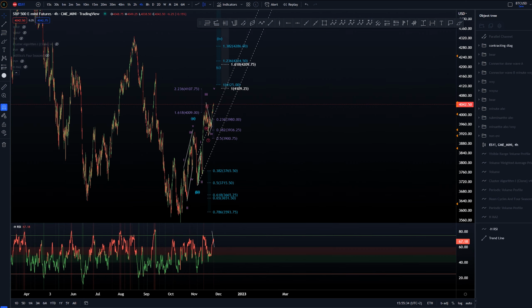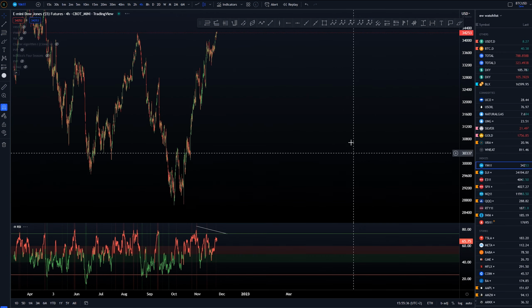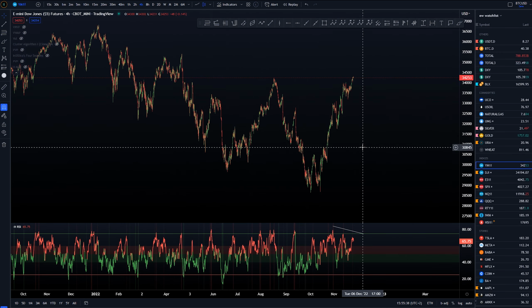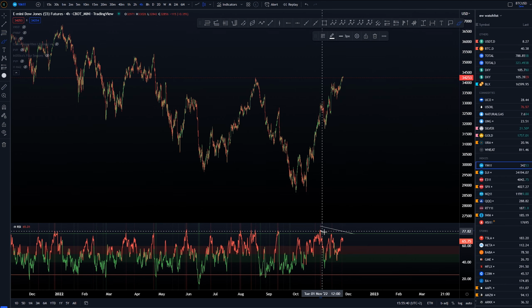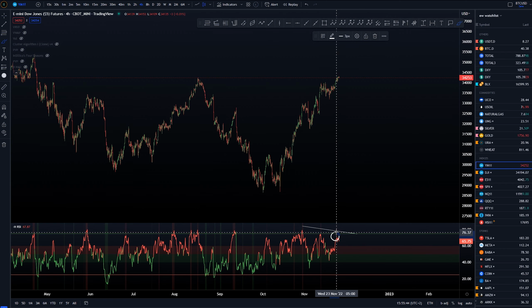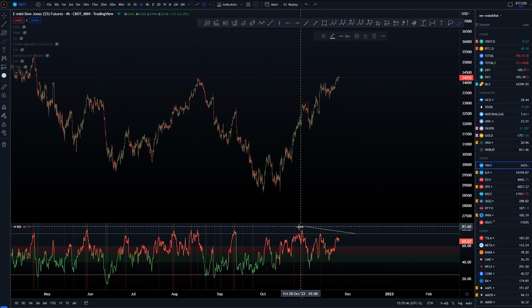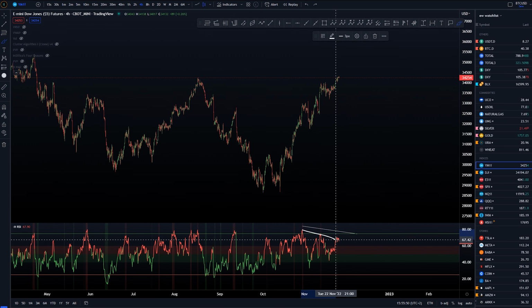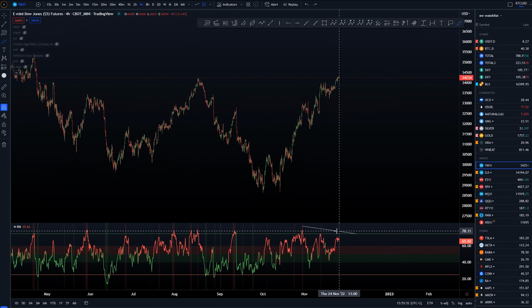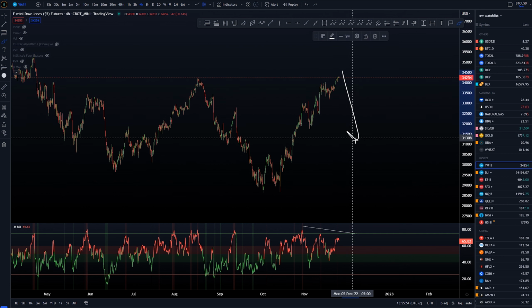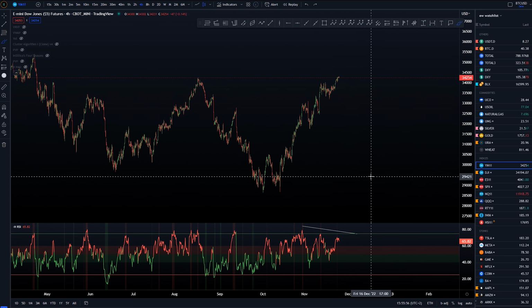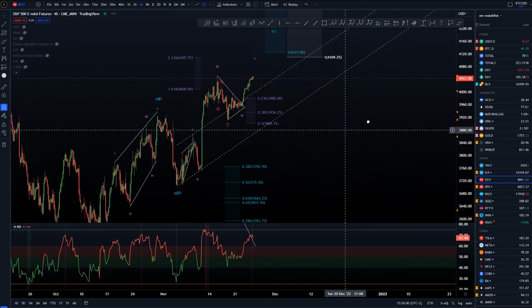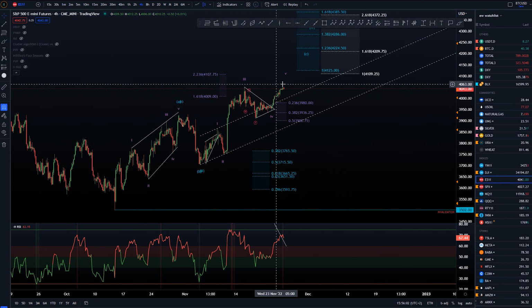And if I should show you, I could show you this one where we are still having this double divergence already on the 4 hour time frame, and some other indicators are also saying that we are definitely starting to get oversold here. With these two divergences, if not taken out, we could start to lose faith and start pumping downwards soon. But again, let's focus on the S&P 500 for now,